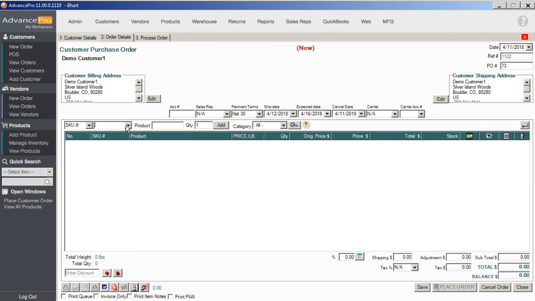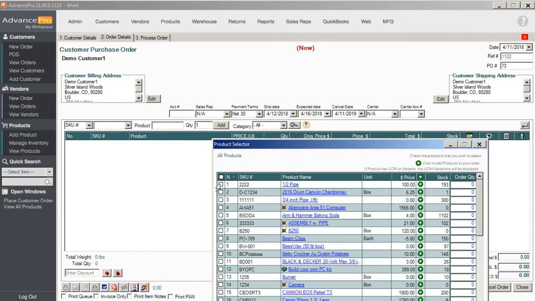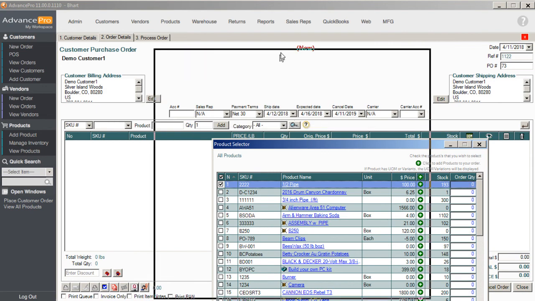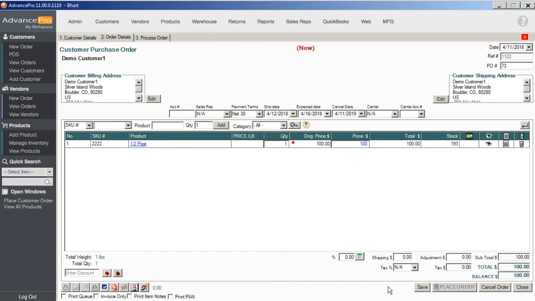Okay, so I should note that these are separate from customer discounts. It's entirely separate, so we have all kinds of different levels of customer discounts. Volume discounts work completely separately. So we're going to go ahead and choose our pipe item that we've been building up volume discounts for. I'm just going to add that to the order manually. So we're not above any threshold quantities,